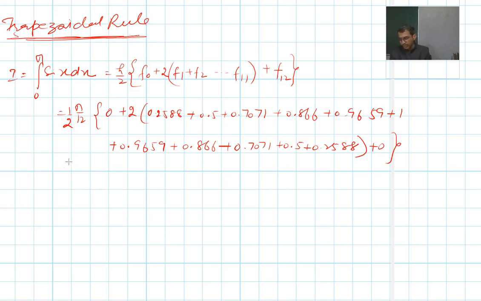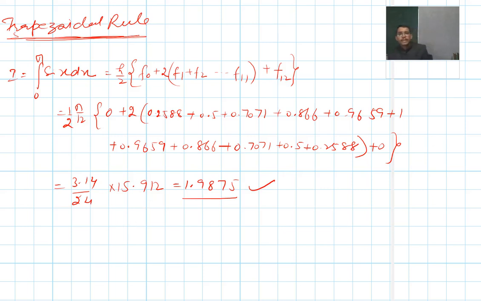These are the values which we are getting, and it is 3.14 divided by 24 into 15.912, and its value will be nearly equal to 1.9875. So this is the value of the integral which we are getting,